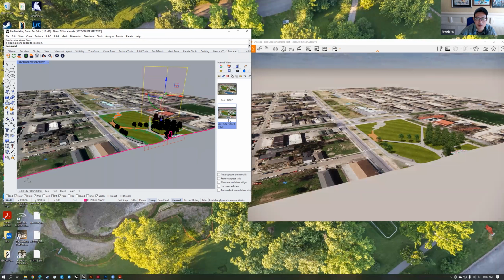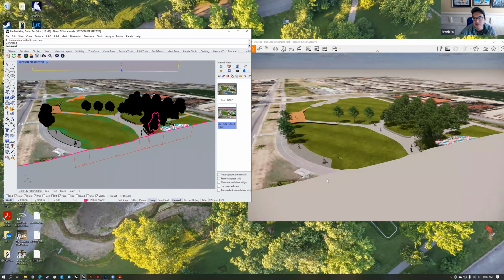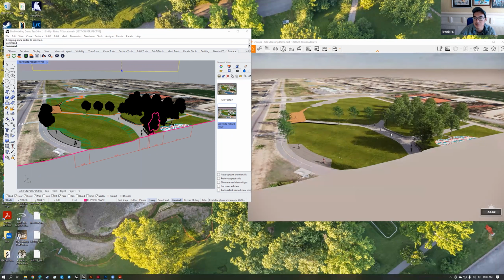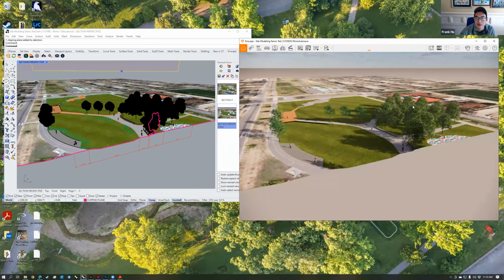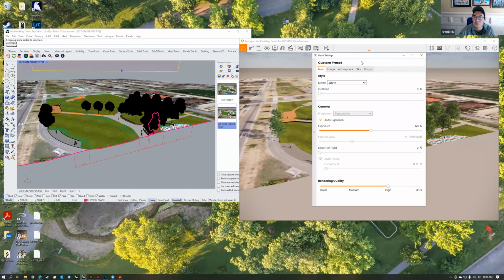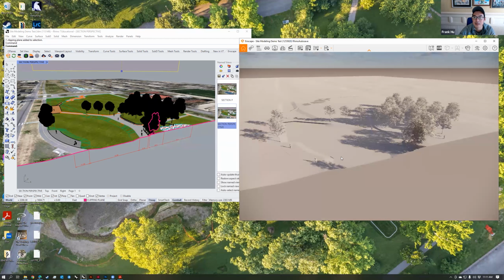And now we can go back to this view here. Now you can see this is the same view that we set up here, but now rendered. And this is where you can use Enscape and begin to give it some nice dramatic lighting. Like I said earlier, you don't have to create a textured model like I'm showing here. You can create something a bit more abstract. So maybe it's appropriate at this stage to just choose the white style as what you want to use. And then once you have your view, I like to check the save frame button there